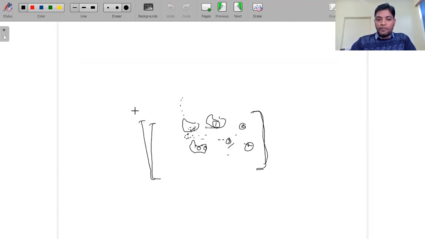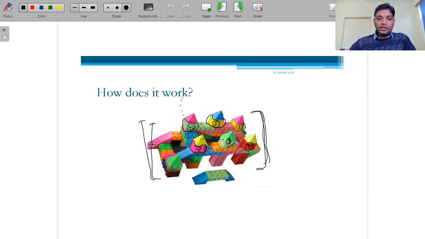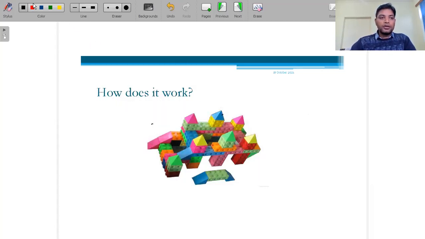What is the meaning of that? Do not think that we will manufacture it all together. This is not possible. What we have to do is manufacture it one by one: first we manufacture this, second this, third this, fourth this, like that. We follow the steps one by one. Maybe it will take a lot of time, but the object that you are looking for is made through this step by step process.